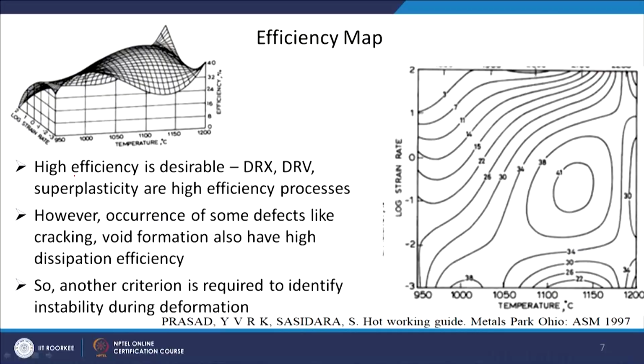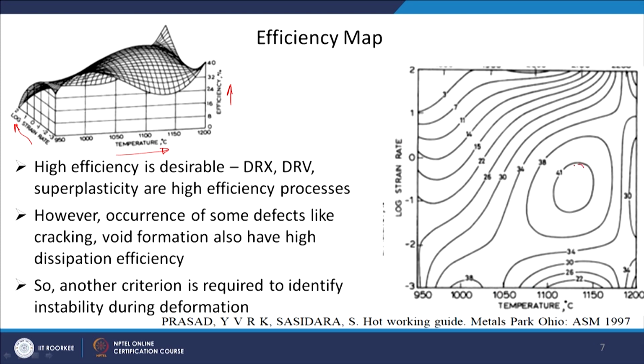So, this is how you can now use the data of stress as a function of strain rate at different temperatures to construct a contour map. A 3-dimensional contour map is shown here. You have log strain rate on this axis, temperature on this axis, and efficiency on the z axis, and there is an envelope. If I take a section out of it at any particular efficiency, I should see something like this.